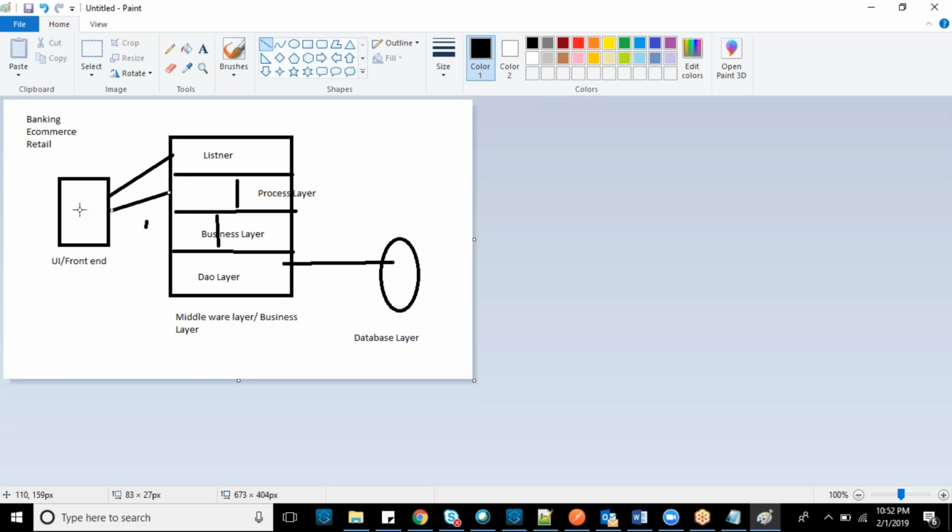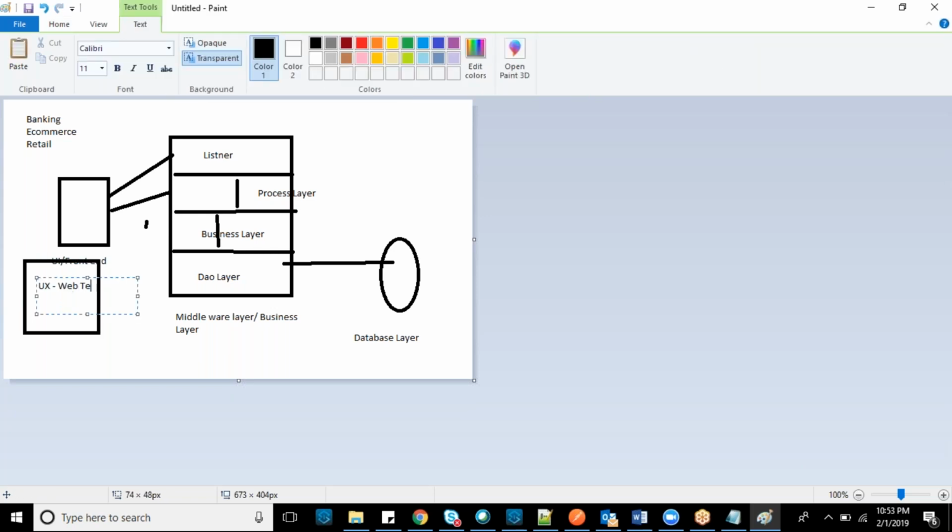So UI, in the sense, it's a combination of UX, designing web technologies.